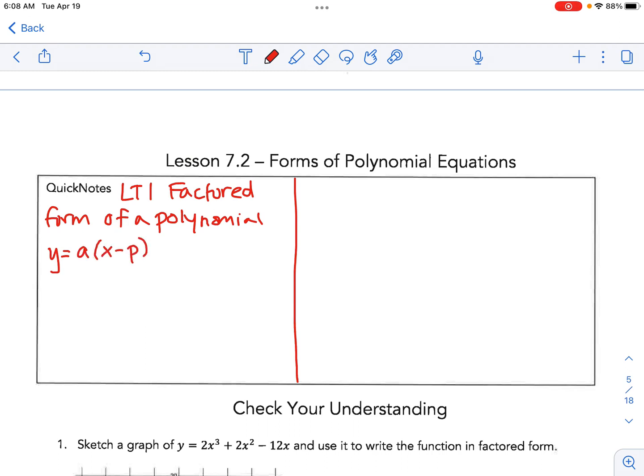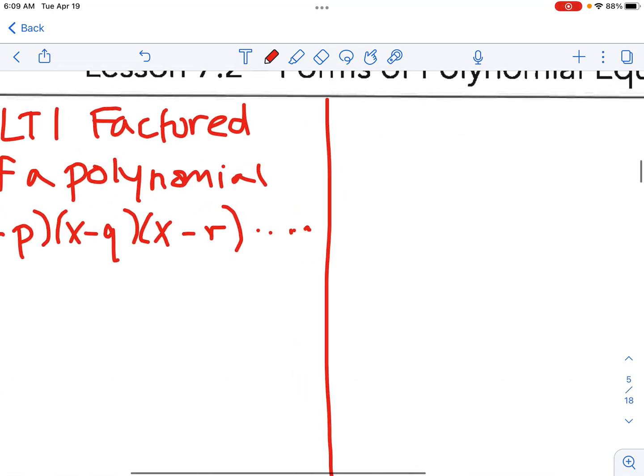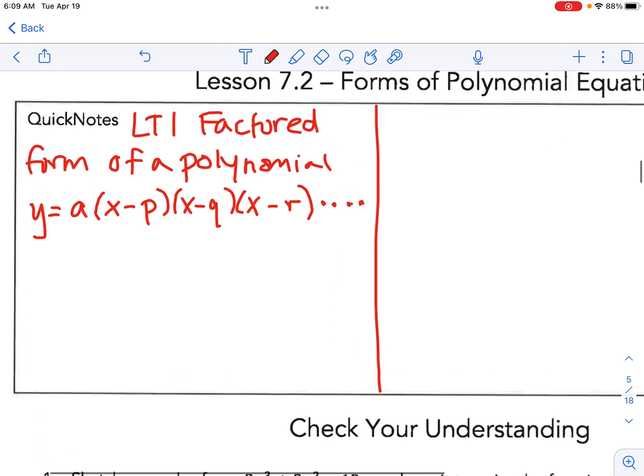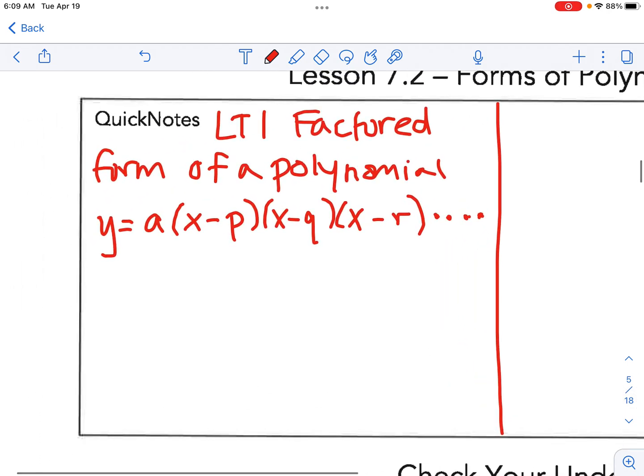For quadratics, we got used to seeing a times the quantity x minus p, x minus q. And for higher degree polynomials, we just add more factors. So maybe like an x minus r, and an x minus s, and an x minus t. Just make it alphabetical like that. So I'm just going to go dot, dot, dot. We can keep continuing that pattern of adding factors, which means that x-intercepts